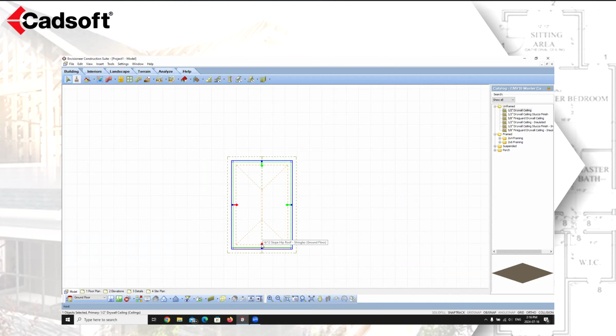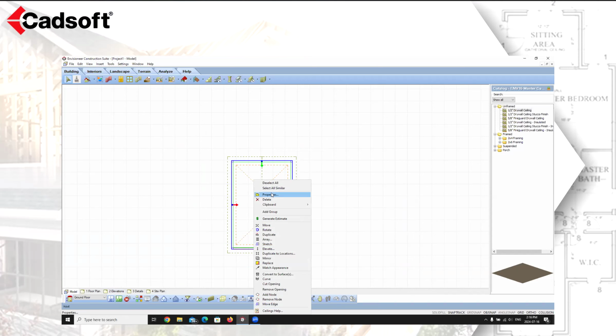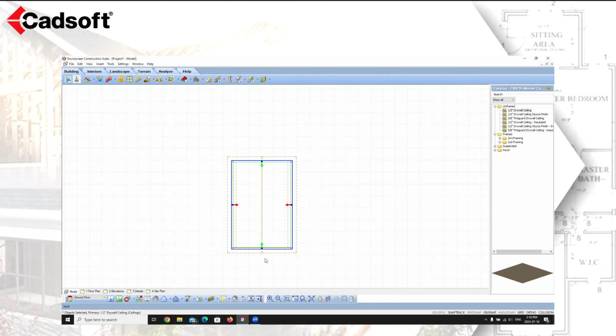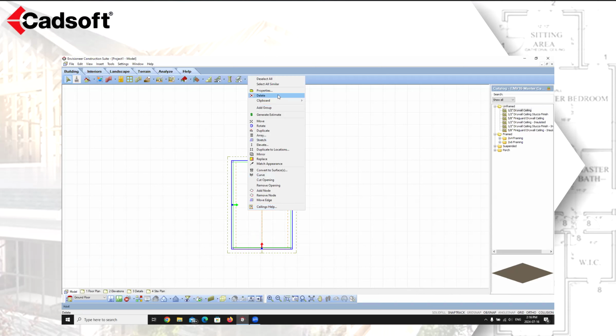I'm going to change the ends to be my cathedral. So I'm going to go right click, properties. We're going to adjust this edge to be a gable edge. I don't want a skirt width on there, so I'm going to make that 0. I'm going to say okay. And then I'm going to do the same for the other sides, but I'm going to keep them as a hip. I'm just going to control the slope, and I'm going to get rid of the skirt on this side